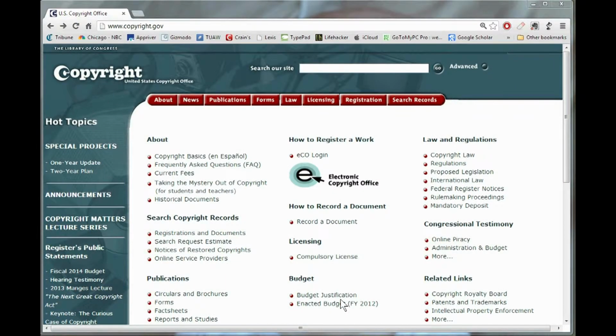Today we're going to show how you go about registering a copyright online. We're going to focus on architects or engineers who register their drawings as either technical drawings or architectural works. This is the Copyright Office main page,